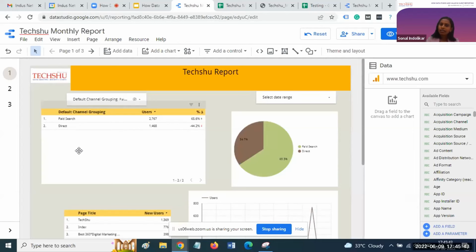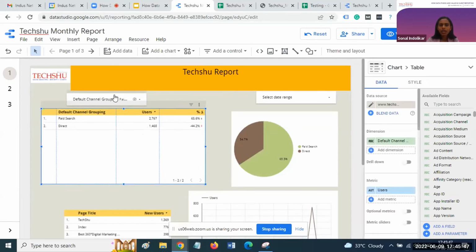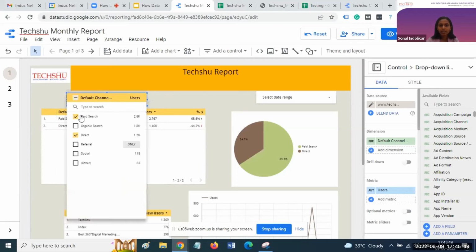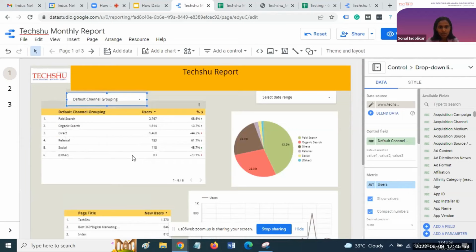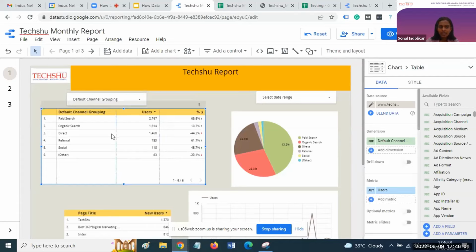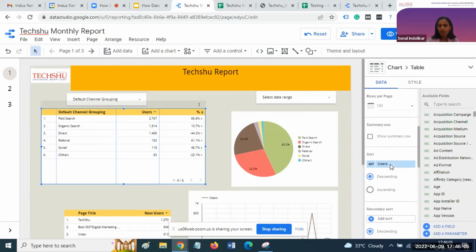Okay. Also, there is a sorting option available. If you want to add the data as per the sorting, because when you add the data in an Excel sheet or in the Google presentation format, at that time we need descending order sorting or month-wise sorting. So in Data Studio also they have a provision called sorting.